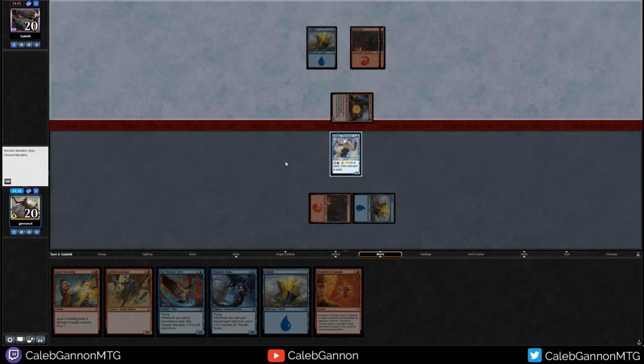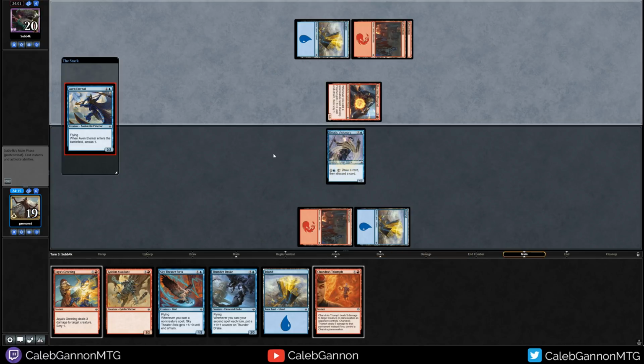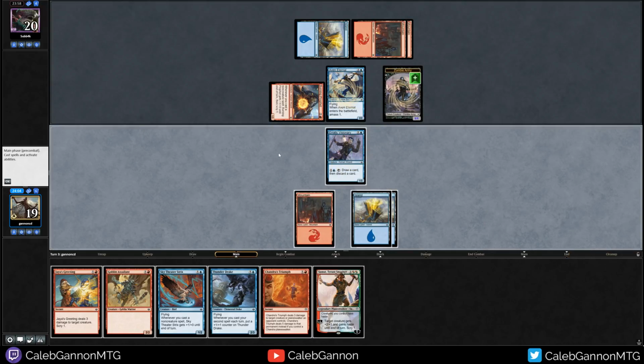So what could they have here? Like a Samut Sprint? I'm just going to take it. I have Burn in hand that can definitely blow them out if they try that next turn. Even Eternal. Yeah, it's a good card. Okay. Ooh, I like Samut. Okay. I think I just go Island Pass, and our plan is to...